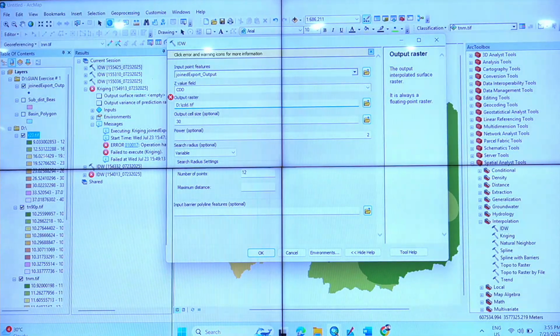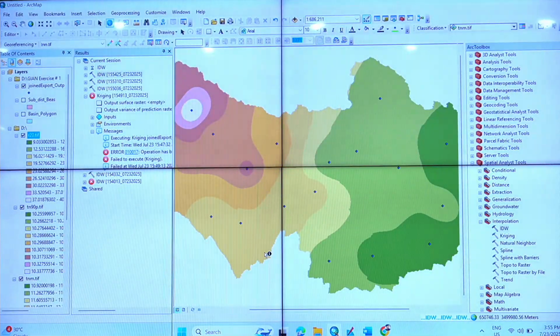CDD, right? Consecutive dry days, nothing else. Say okay. I think it will take say 10-15 minutes more. The last layer is left.